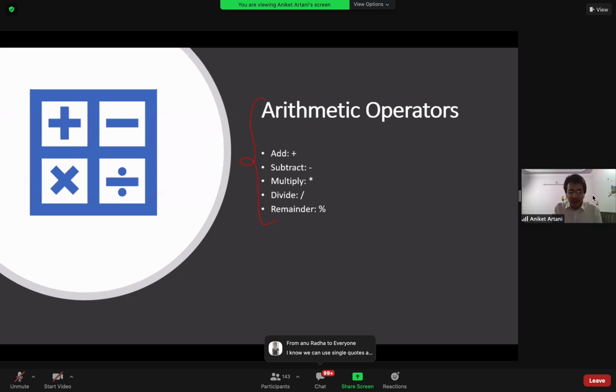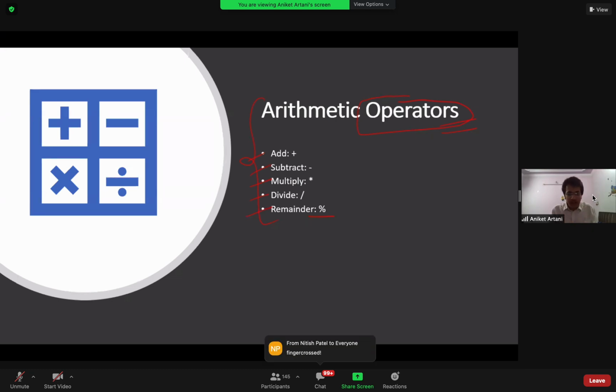Now let's move ahead with the arithmetic operators. Let's go with the basic arithmetic operators like add, subtract, multiply, divide, and remainder. In other languages, we call it modulus also. First, we will see what an operator is. Many of you are aware of what operators are, but for someone who is not aware of any language and is new to JavaScript, I am telling you what operators are.